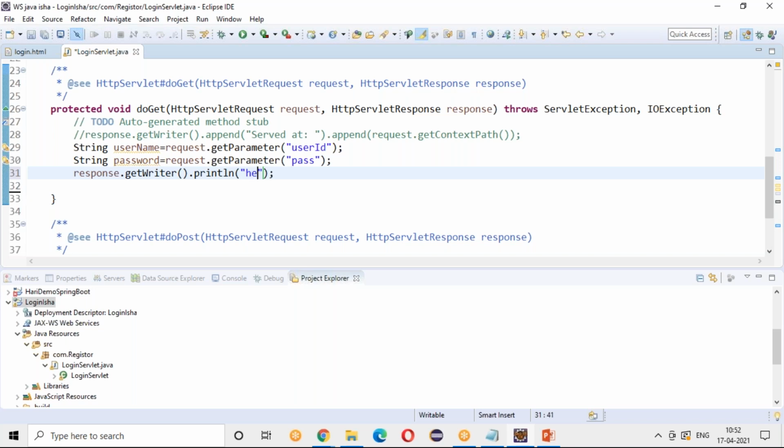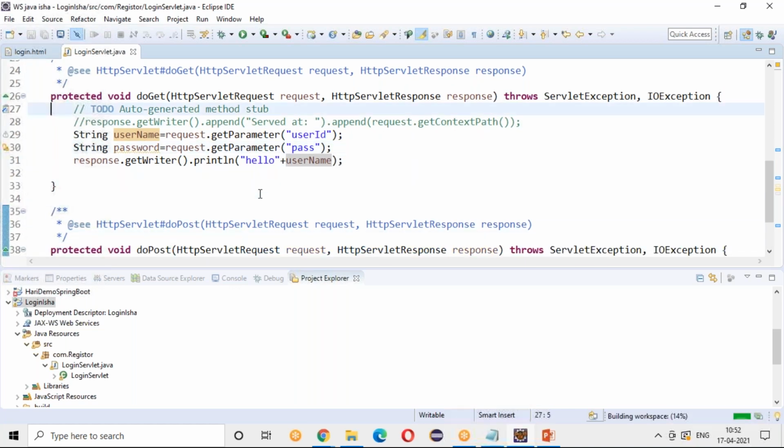What I'll be sending is hello and that username. I'm reading the username and password, but as of now I'm sending only the username to the browser by adding hello and that person's name.